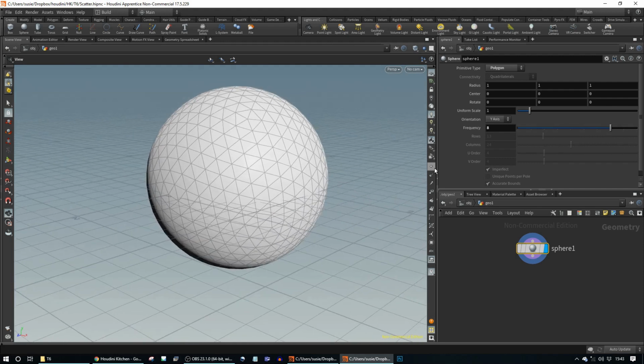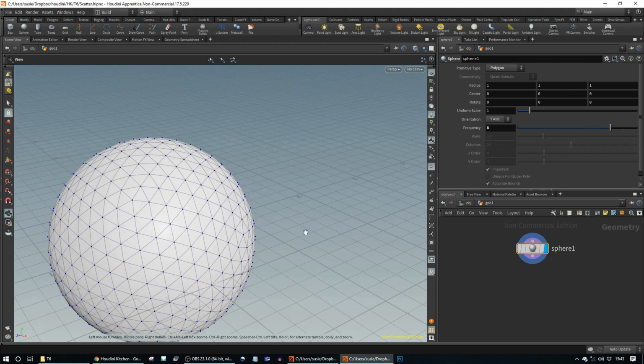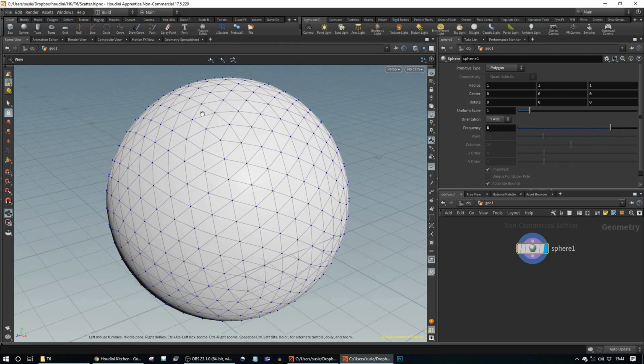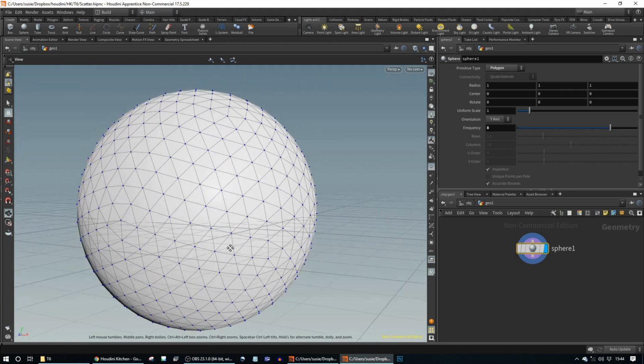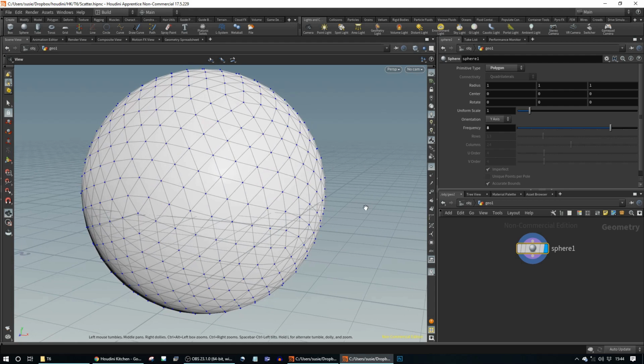Now, up until now, we've been placing objects onto points, and we've been using the existing points that are part of Houdini geometry. But these points might not be where you want them, and they're far too geometric. So the scatter node allows you to randomize points across the surface and completely ignore the existing points on that